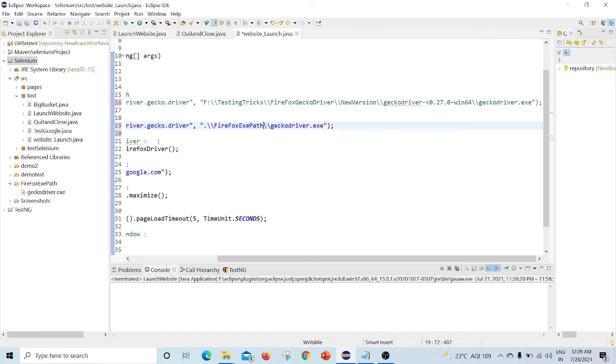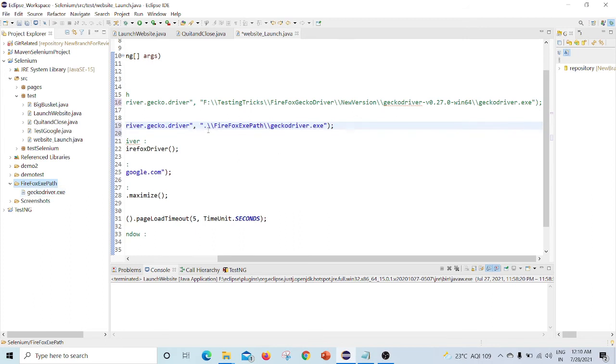I'm giving the same folder name here, Firefox exe path, under that geckodriver.exe. You have to give the same folder name, otherwise it will throw an error. Inside this Firefox exe path folder, geckodriver.exe is there, so I mentioned geckodriver.exe.